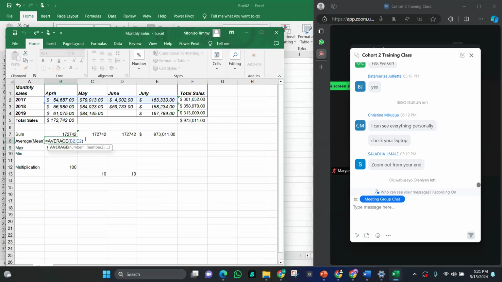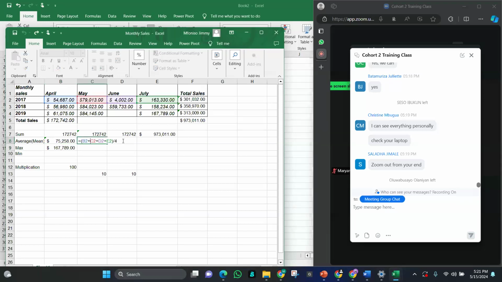But when we are talking about function, like average here is a function, you need to write equals that function and state your range, the things you want to add. You now choose the cells you want to add. Please always remember a cell is an intersection between your row and your column. Your rows are numbered numerically while your columns are numbered alphabetically. So that is what we did here.